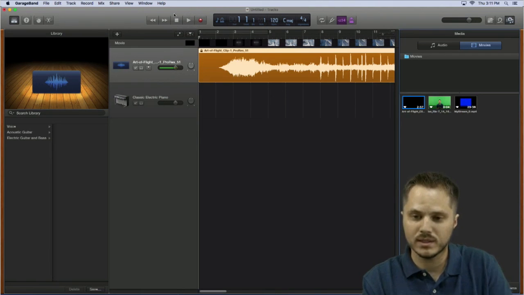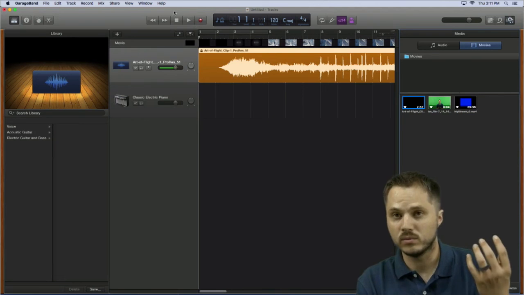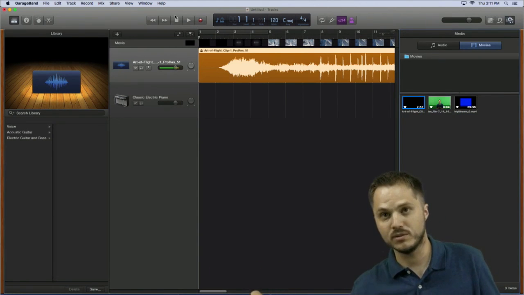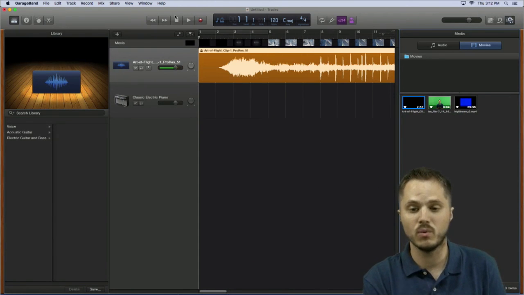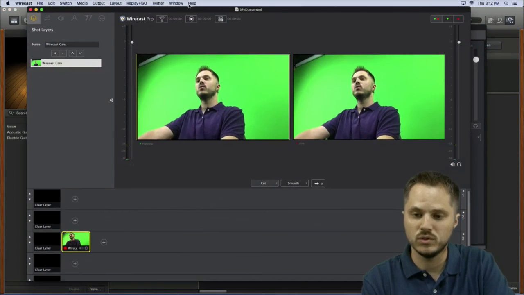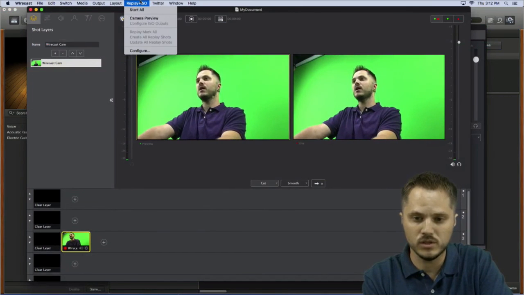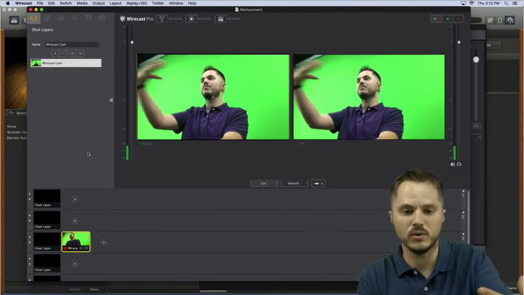Now, if you want that audio to be heard by your audience, you'd either have to take your system headphones out of your computer and plug them back into a camera or a capture card, and then it could go into Wirecast, and then it could go into your stream. The other way you could do it was you could use our local audio capture, and you could turn on Desktop Presenter and capture audio with Desktop Presenter.